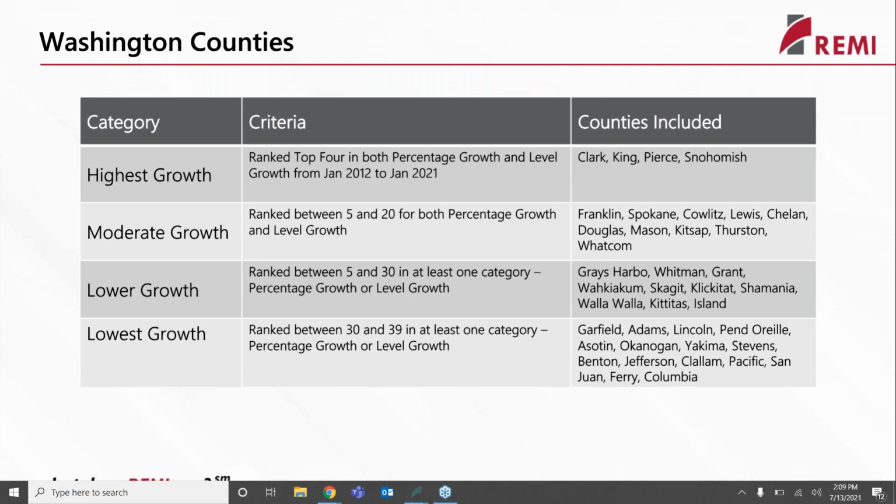I won't spend a whole lot of time on the methodology of how we break down the rest of those counties. If there are further questions, I'm happy to answer them in the Q&A portion. But the important thing here is that we have these 4 categories, and we designate these categories using those 2 metrics, and they're ordered from highest price growth in housing to lowest.